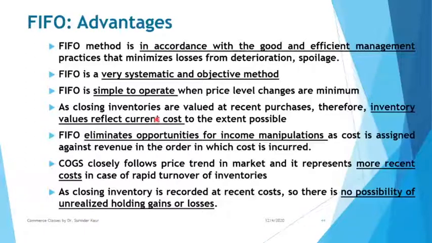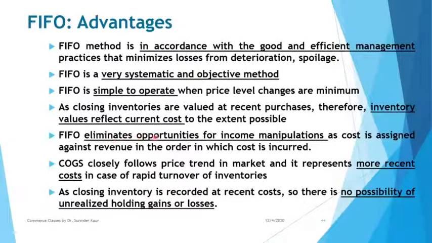That is, if you want to buy stocks now, what is the price? It will be the latest price, and that is what you have considered to measure the inventories. Now, this will take you to a drawback of this system also, because if your closing inventory is measured at current cost, it means cost of goods sold is measured at the outdated cost or old cost. Now, that will imply that matching is not there. Okay, we'll come to that.